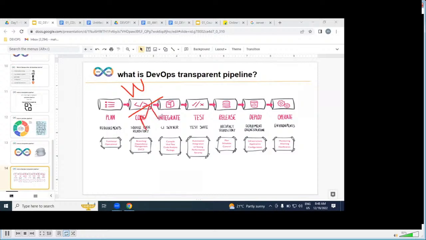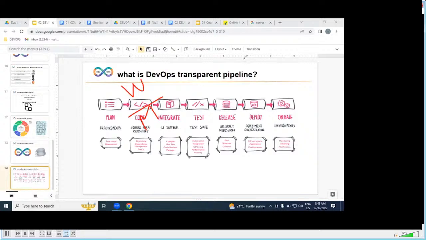That's what we're part of in the dev environment. Clear, all of you? It's a very important point. Writing is the responsibility of the developer. After writing, that code is maintained by the DevOps engineer.